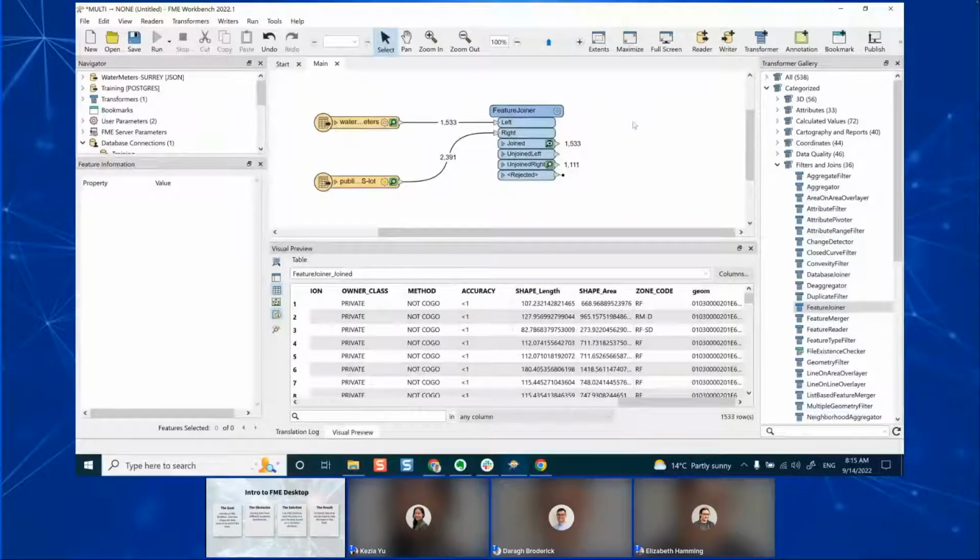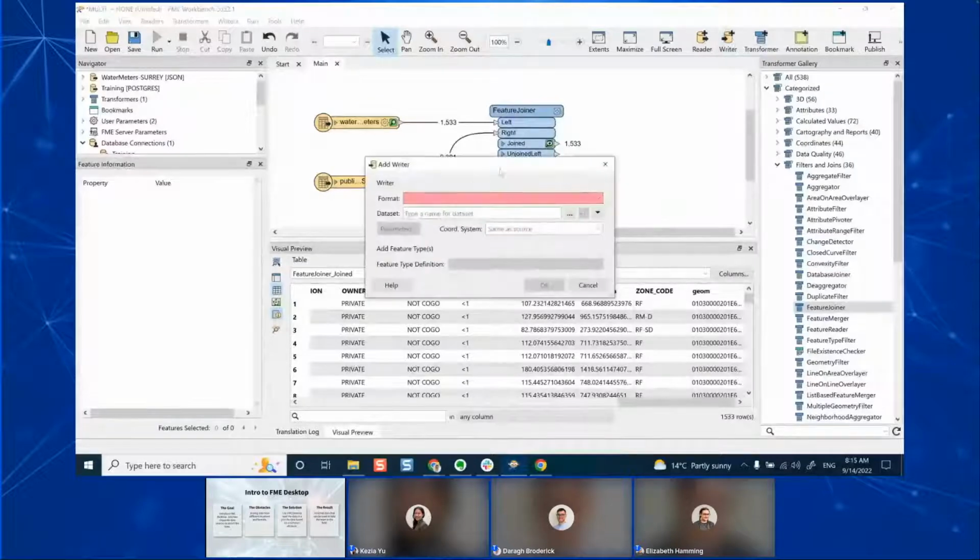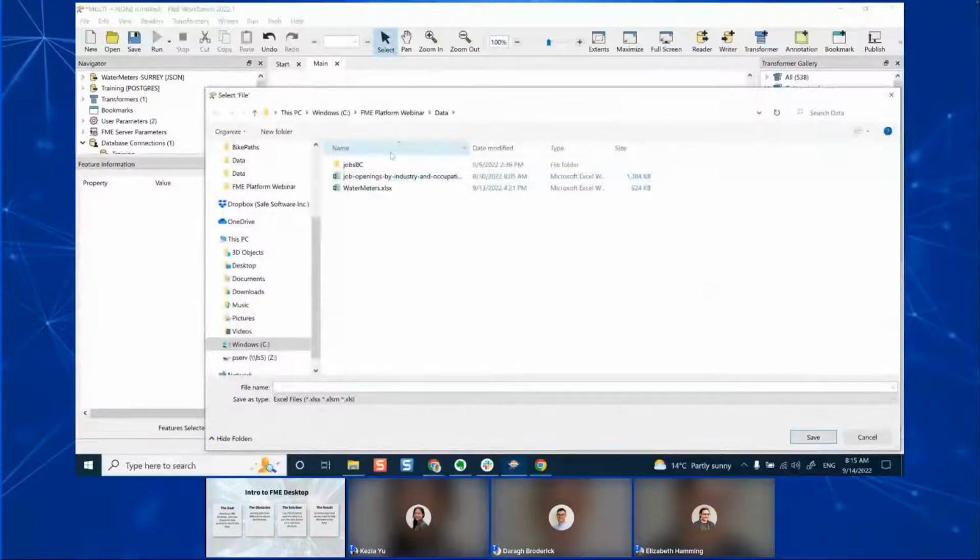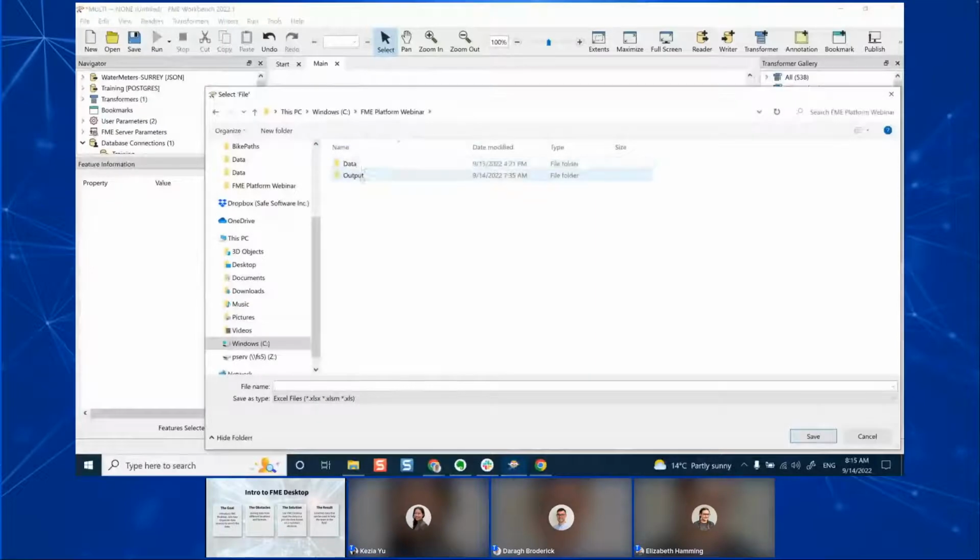Okay, so now that I'm happy with the data set that I've created, I could just write this out to, say, an Excel file for our water meter inspectors to use. So I can add a writer to the canvas. I can specify my format, which is Excel, and then just specify where I'd like to write the data out to. I can give it a file name. In this case, I'm just going to call it water meters